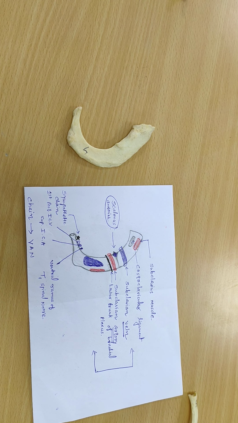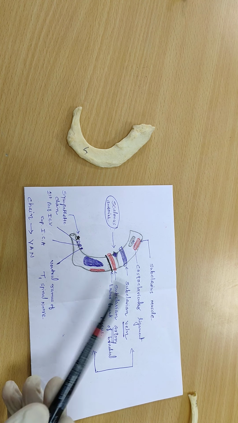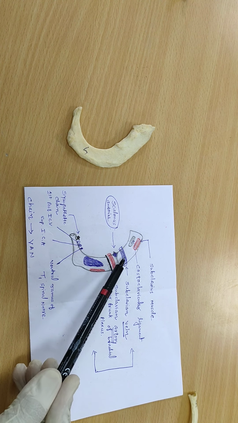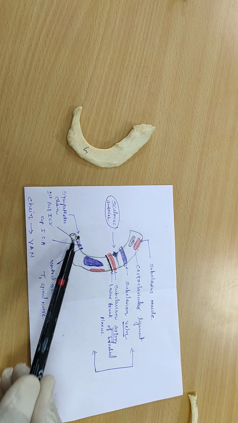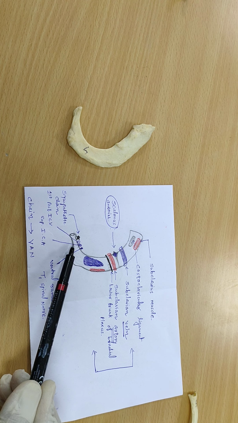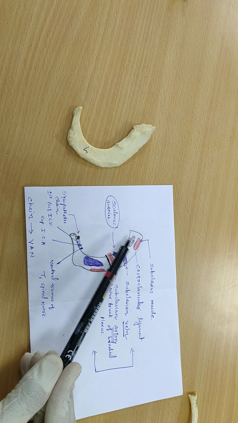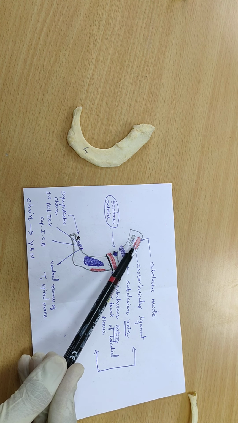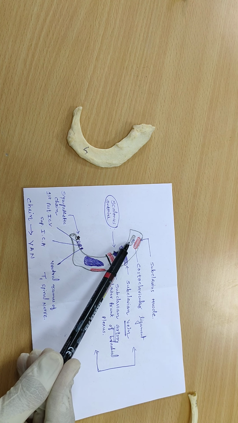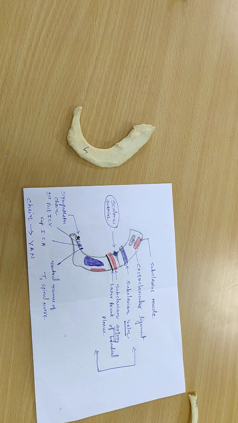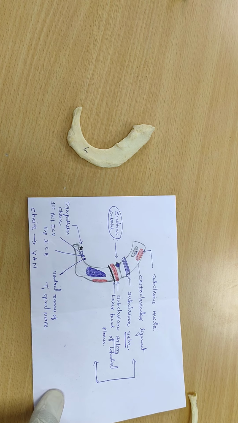So this is all important from the viva point of view also. We should know the shallow groove, which structures pass through the shallow groove, and which structures are related anterior to the neck of the first rib. The most anterior part of this first rib provides attachment to two structures: most anteriorly the subclavius muscle, and posterior to that the costoclavicular ligament. So this is all about the attachment and relations of the first rib.